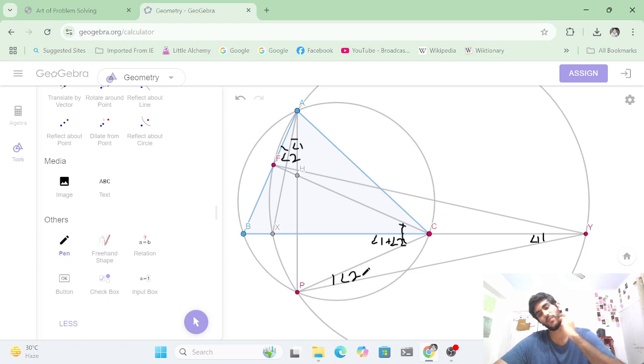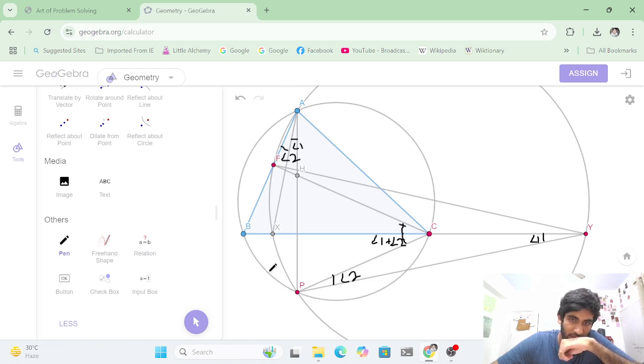All right, so we have worked out the angles in triangle CPY. Now, this is angle 1 plus 2, right? So now, how do I proceed? How do I proceed is that